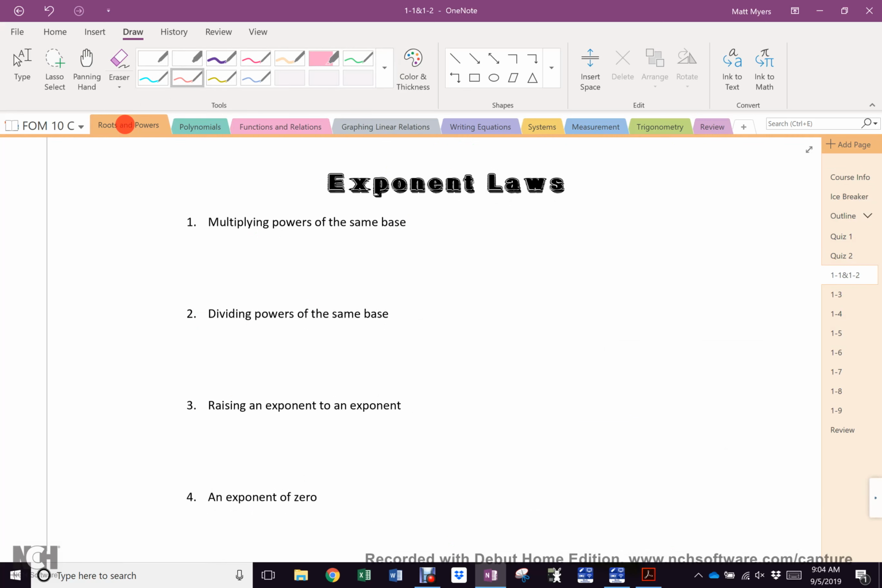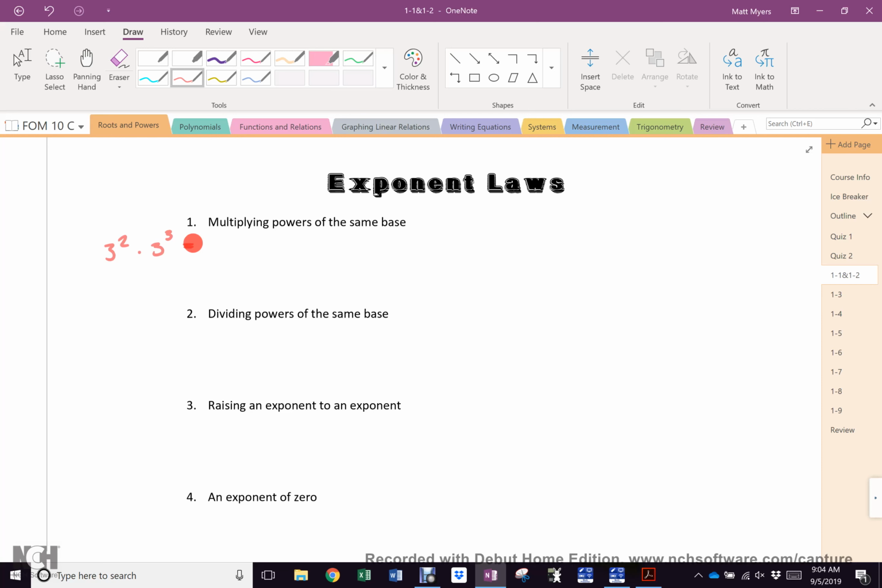Multiplying powers of the same base. So, if you were in grade 9, you definitely saw this. 3 squared times 3 cubed. And what is the answer? Emma? 3 to the 5th, right? Now, why? Gideon. If you write it out in the extended form of repeated multiplication, you can see that if